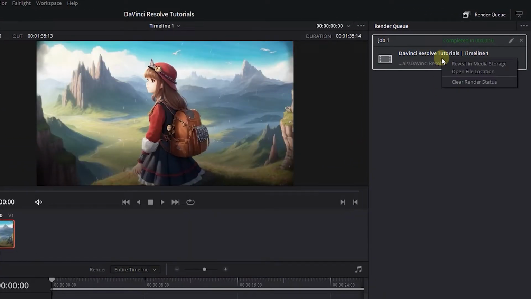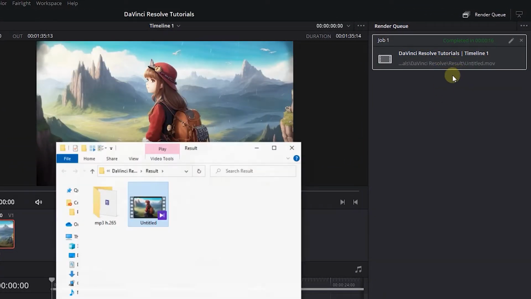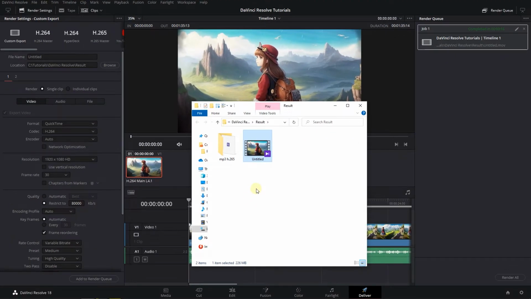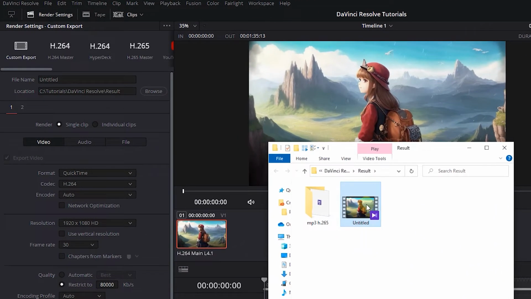Now right-click on the rendered video and select Open File Location. Here you can see that I have two outputs. This one is my original H.264 codec output, and the one in the folder is my second output with